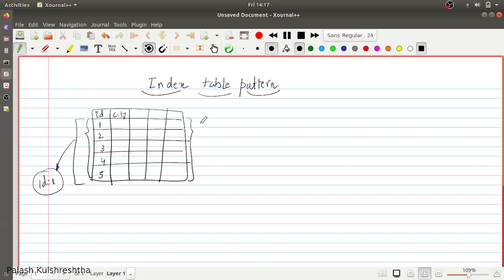When you don't have any indexes or lookup logic, the database has to traverse all the rows or all the data to find users for a particular city, A, B, A. So you have to traverse all the cities. But to speed this up, databases provide something called a secondary index.